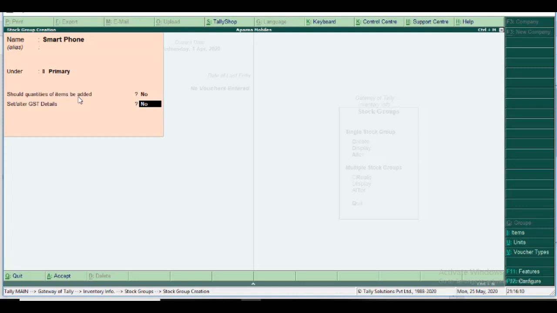So that type of organization, like a pharmacy or department store, sets the GST details at stock group level. If you have such a transaction, you may use it here. But here we don't need it, so we leave it no.